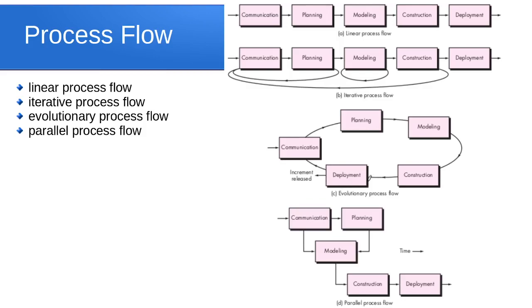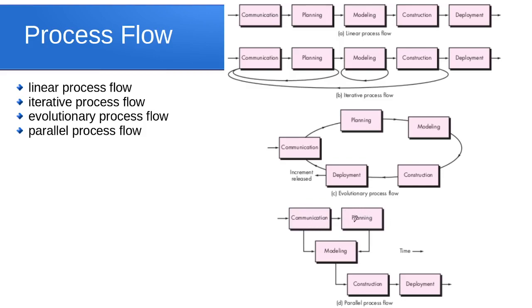Since we can see here that by each increment the software is evolving, such models are called evolutionary process models. Okay. Apart from this, the next thing is parallel process flow. In the case of parallel process flow, we have to understand that till now it was sequences, so at a moment one activity was taking place, and once the first activity was completed, the next activity started. Here what we are talking about is that at the same time two activities may be taking place.